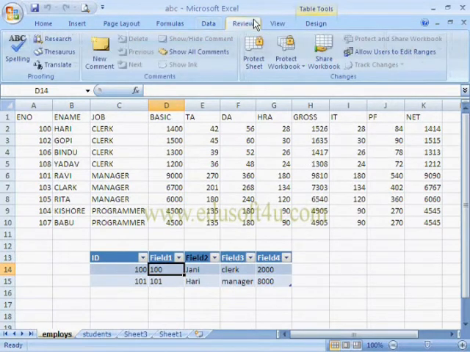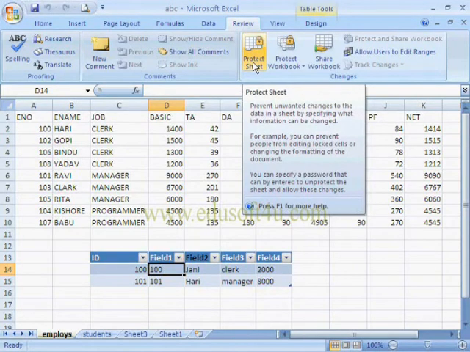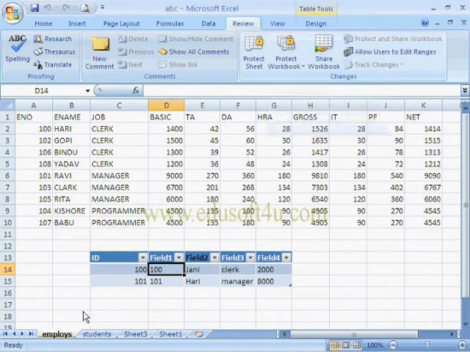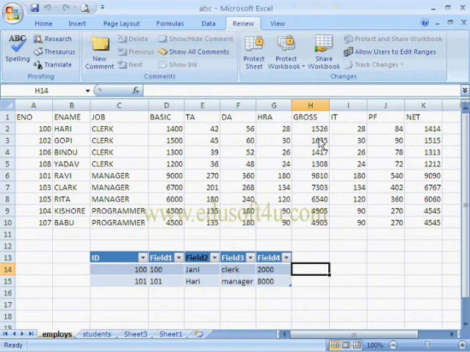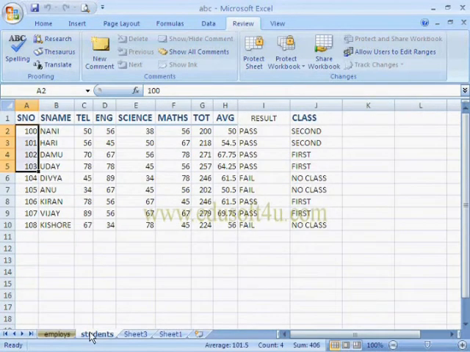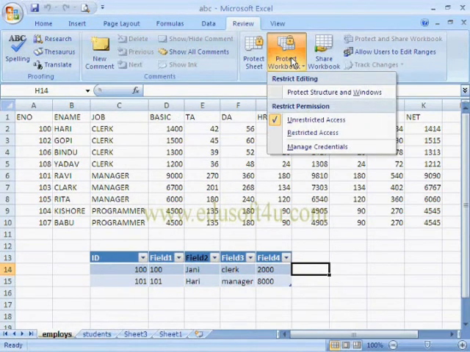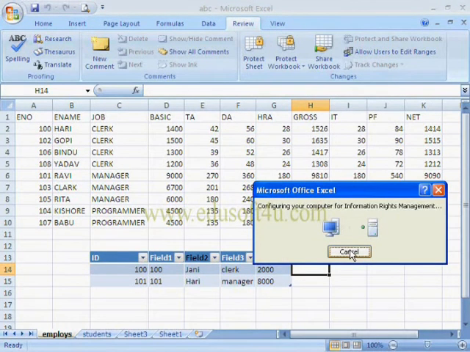In the Review tab, we have already seen options like Spelling, Research, etc. We can protect our sheet or workbook. Here we have to give a password. Already we have seen this option. This option is used to protect the sheets in the workbook. Protect Sheet option is used to prevent entering data in the sheet. But we can enter data in other sheets or we can also delete that sheet. So if we do not want to delete that sheet, then we have to select the option Restricted Access.